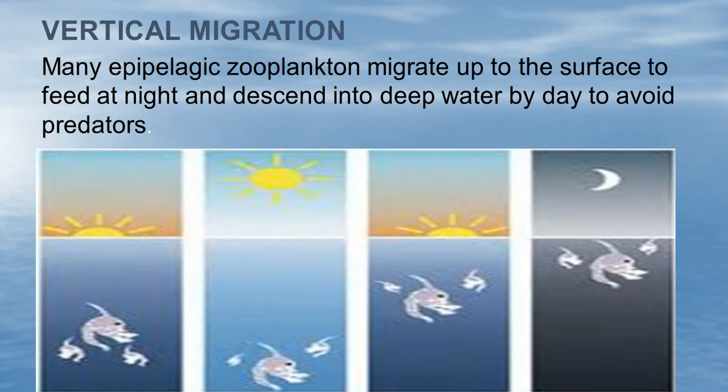Our vertical migration, I think this is what you're going to write down in your book, that the zooplankton will migrate up to the surface at night to feed, and then they will descend into the deep water to avoid predators. So that's your official definition that you're going to write down. If you want to pause this slide so that you can take time to write all those words, I know y'all like to write all the words, you can do that. But I'm going to show you a few more slides of this because that picture is not great.